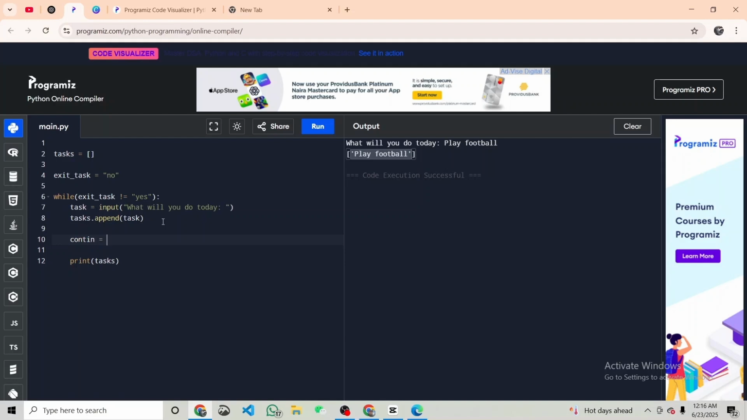It's going to be equals to the input where we ask the question from the user. Do you want to continue? And let's allow the user to put in two answers, which is yes or no. So now we've asked the user if they want to continue, yes or no, and then we want to place a condition to say if